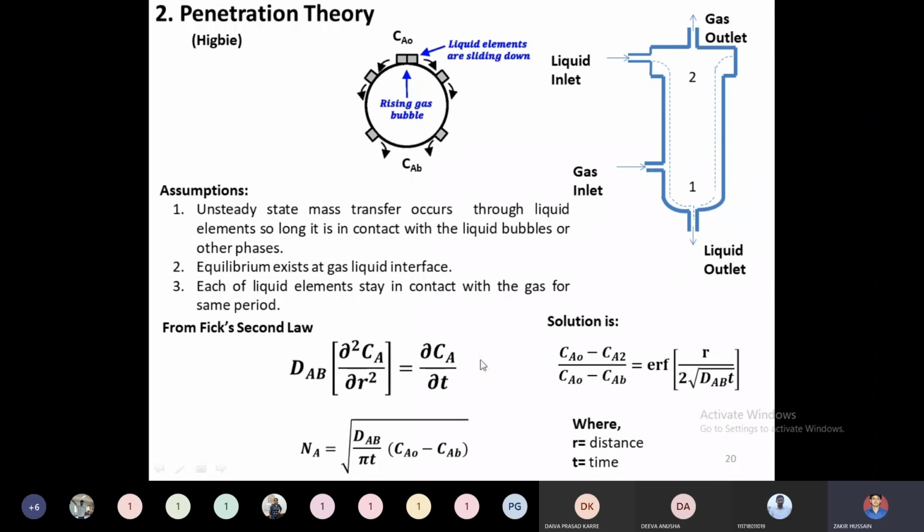Then you have to write in the exam that D_AB ∂²C_A/∂r² is equal to ∂C_A/∂t, and the solution for this equation is this one. So finally the flux equation he suggested is this one. After solving this equation, we can obtain this equation also. So in the examination, as per your syllabus context, you can